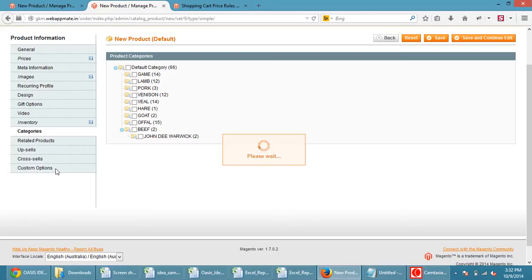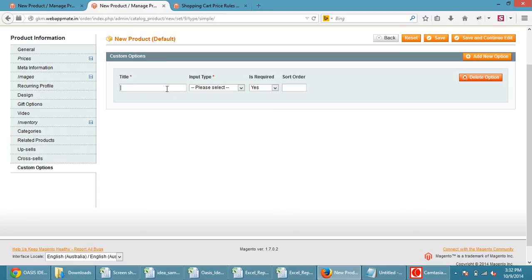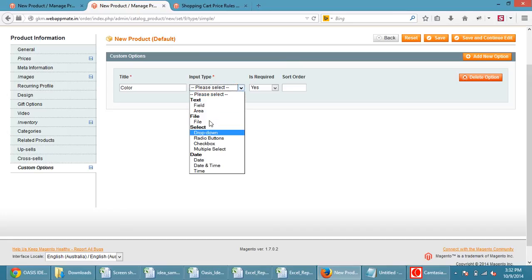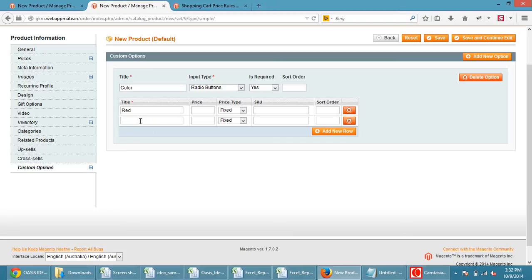Just click on custom options, then add new options. First of all, like color is the title, and the input type will be whichever you want to select, drop down or radio. Then add the color, like red with its price, then select black, and then press the save and continue button.